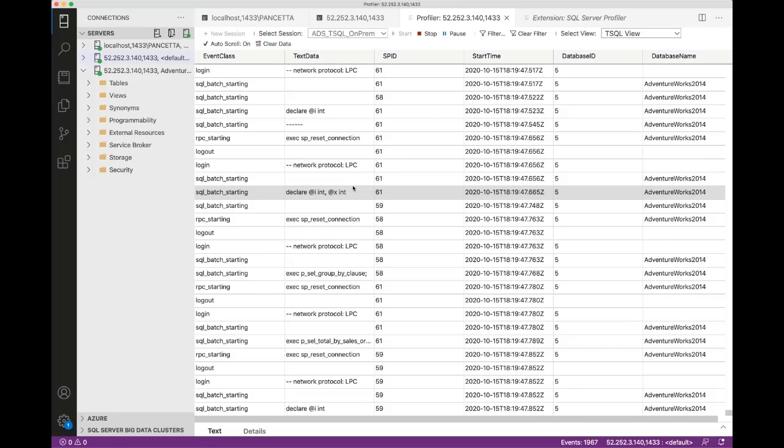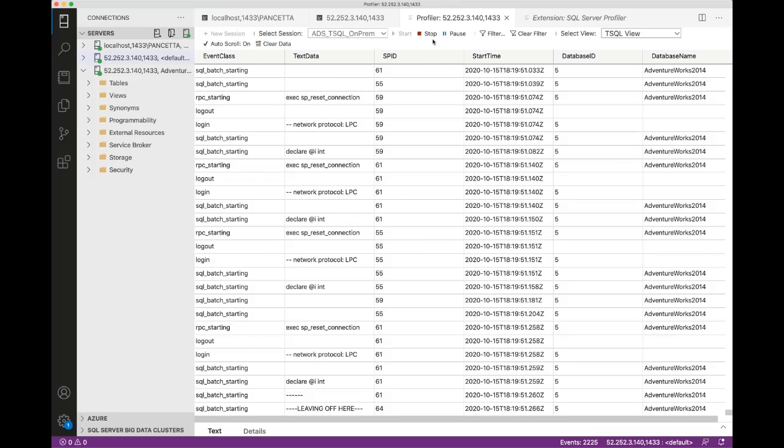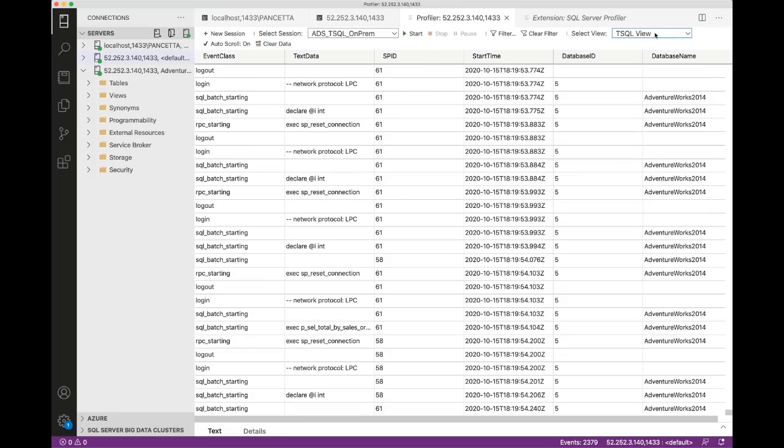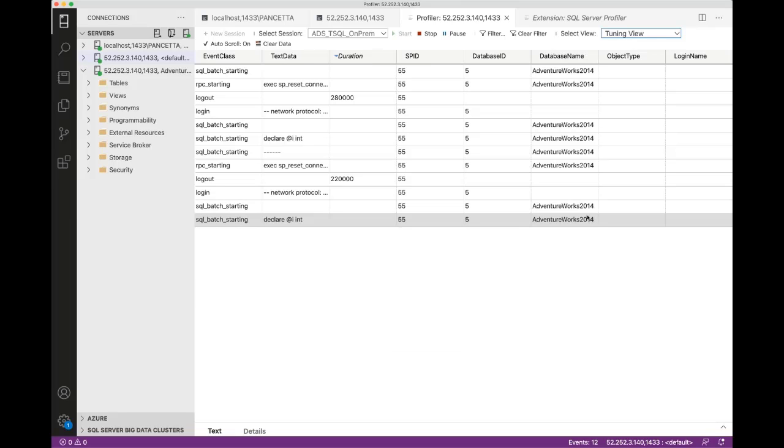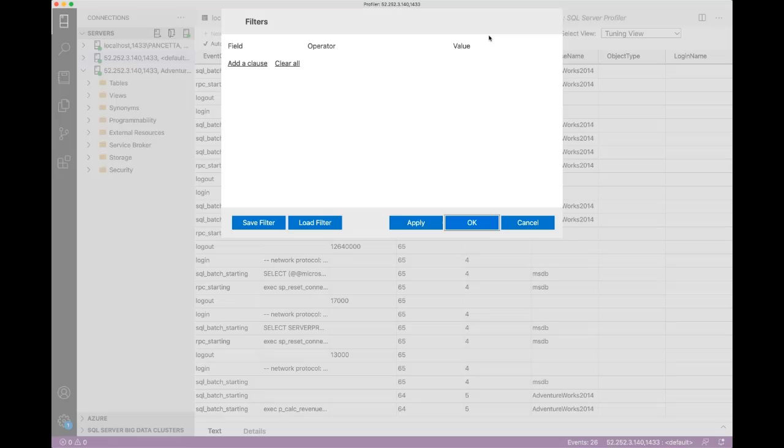If you're using it in this manner to just gather everything, it's going to be difficult, because even if I come up here and I say, all right, let's stop, what view do I want? I don't know. Let me look at a tuning view of the data, I guess. And what am I going to look for next? I guess I can filter by duration. Maybe I'll just filter on specific database, and I'll just go down. What happened? It didn't come back? I don't know what just happened. Oh, I stopped it. Let's try the tuning view now. There we go. So here, and then of course I can filter, and I could say, all right, but the point there is